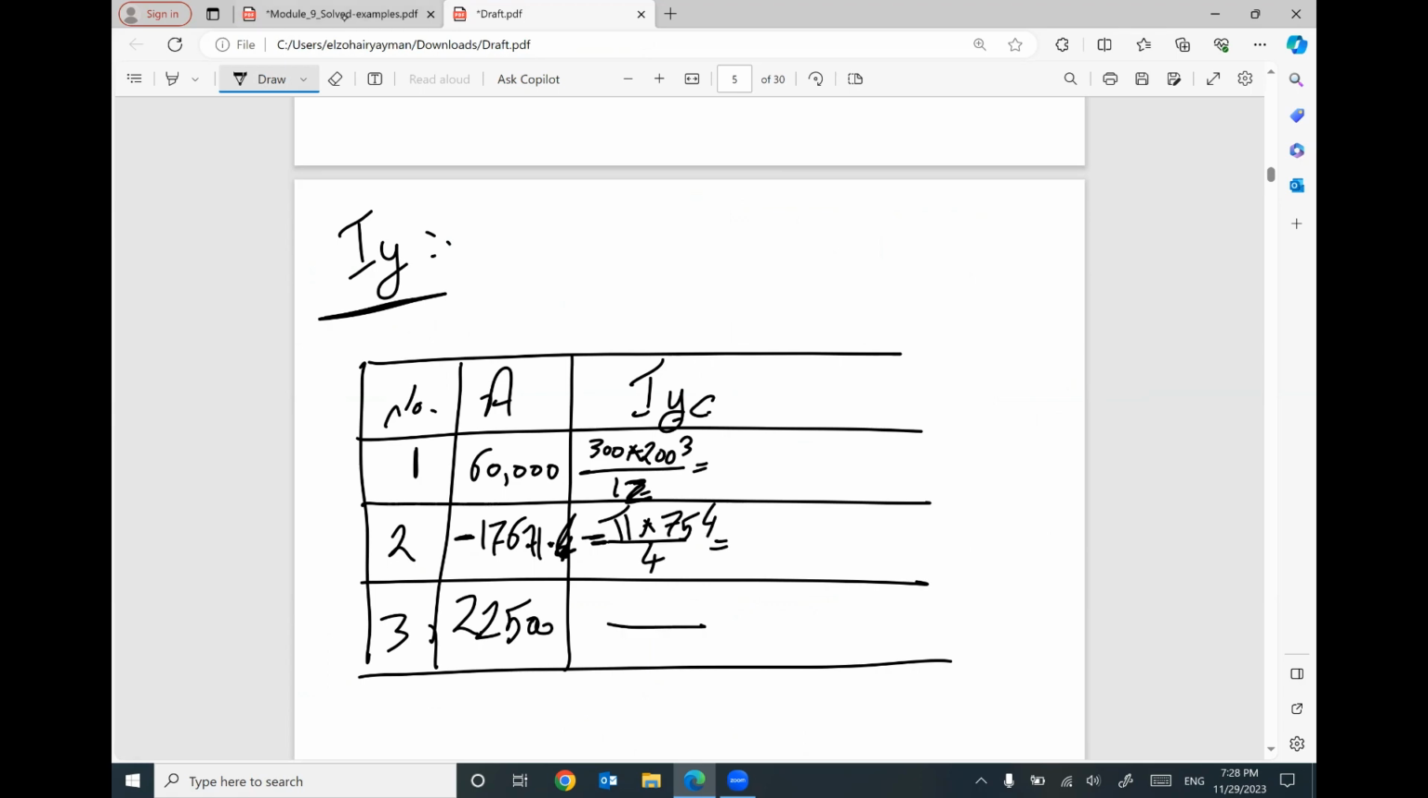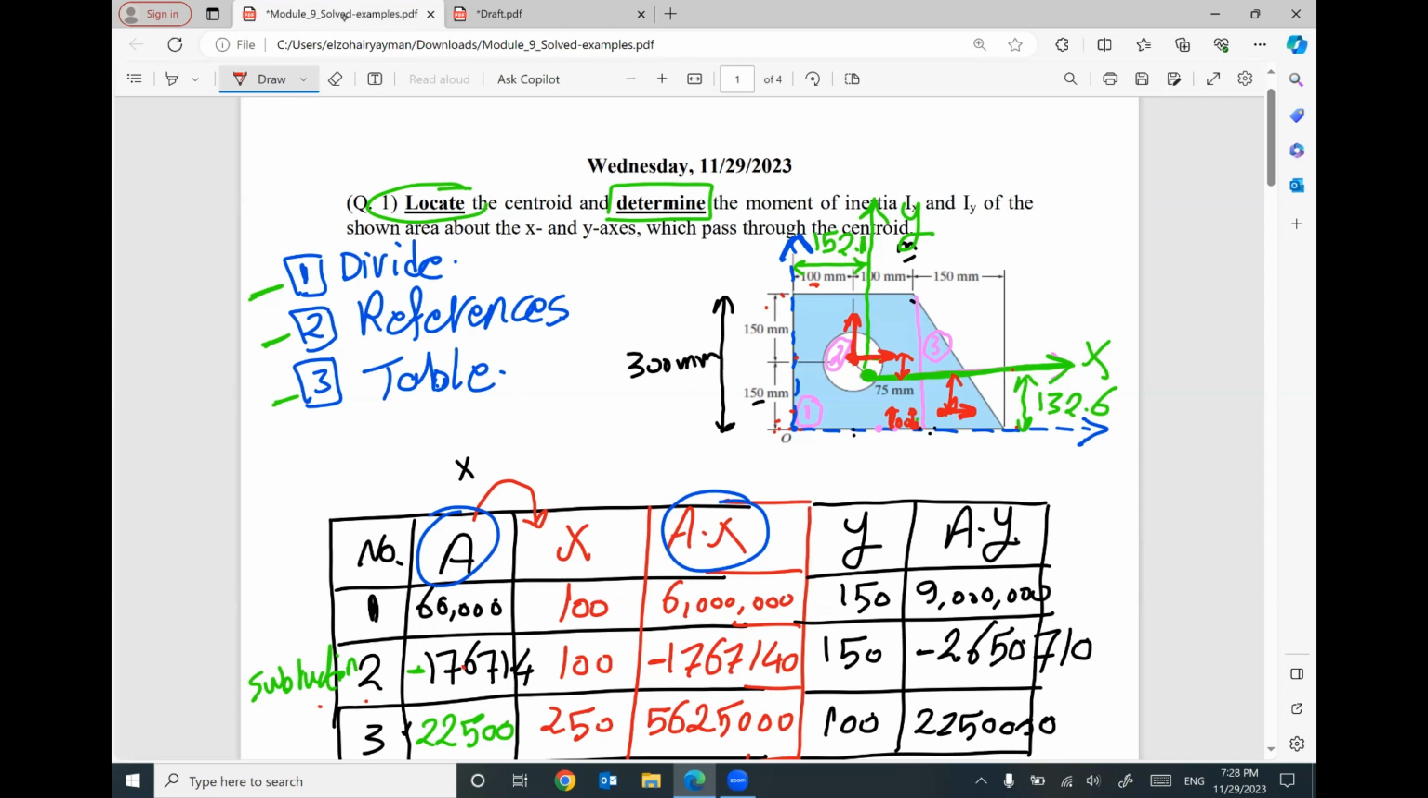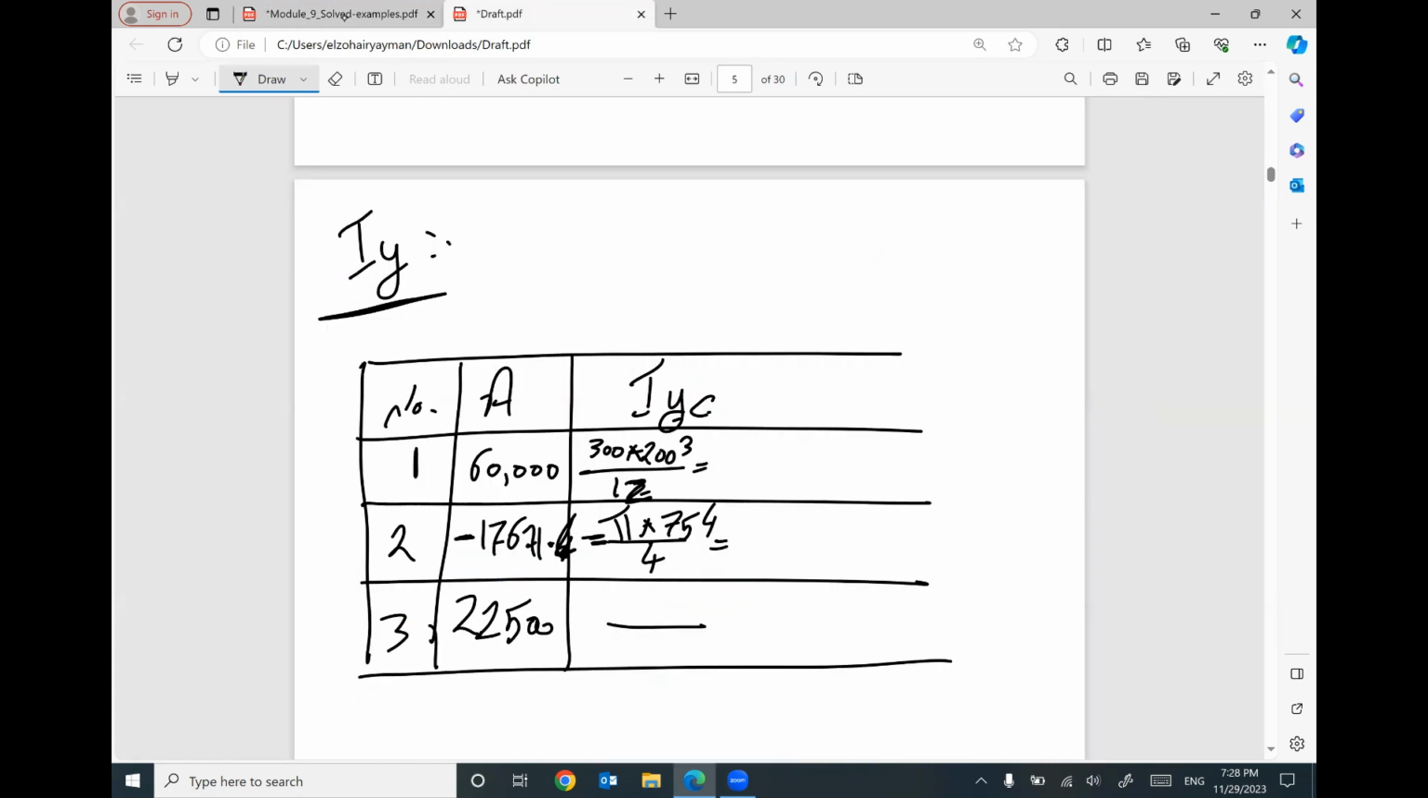For the right angle triangle, your y is here, so the parallel to y will be 300 times 150 cubed, divided by 36. What is the value of each? 300 times 200 cubed divided by 12. I got, oh my goodness,